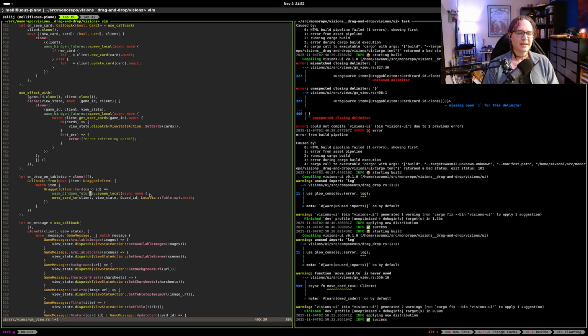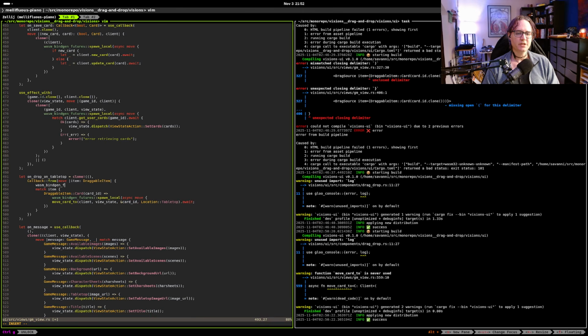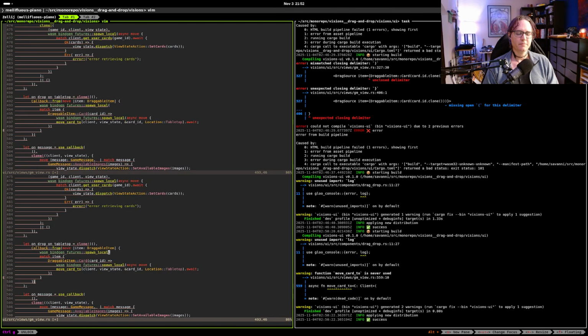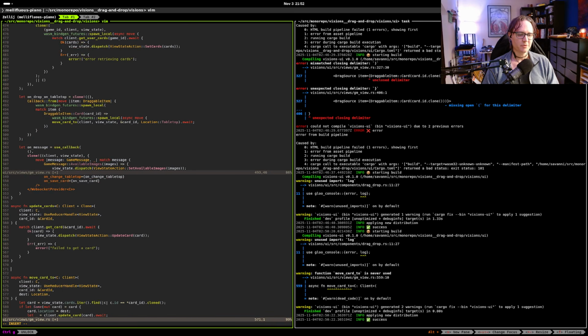I don't really like how deep this goes, though. I kind of want to find a way to... Oh, I know how to change this. Yeah, wasm_bindgen_futures spawn_local. Okay, going very far off script at the moment. Async fn on_drop